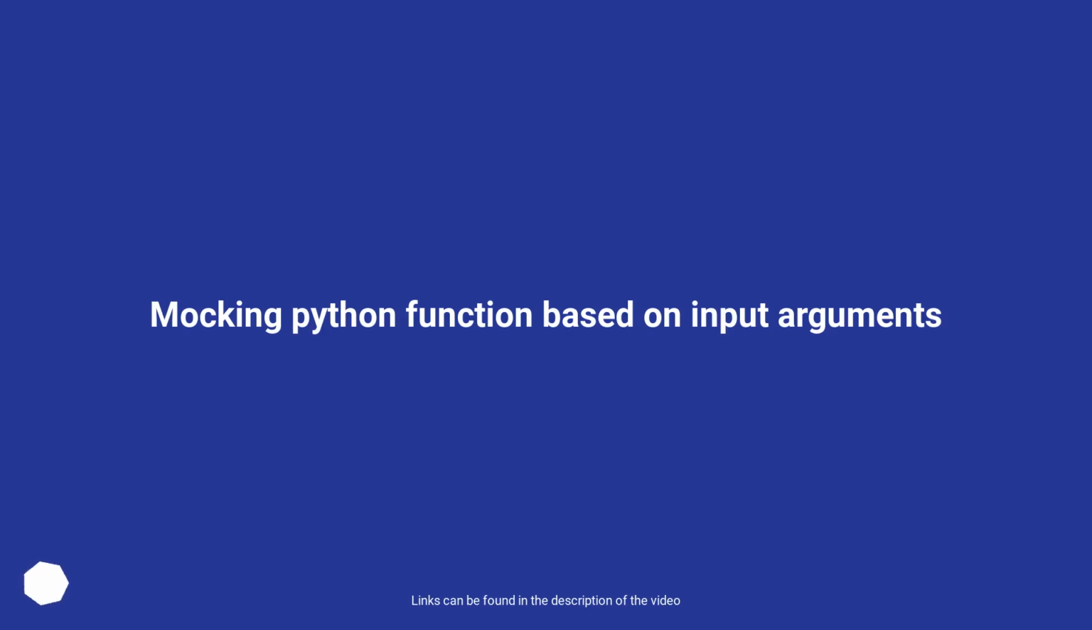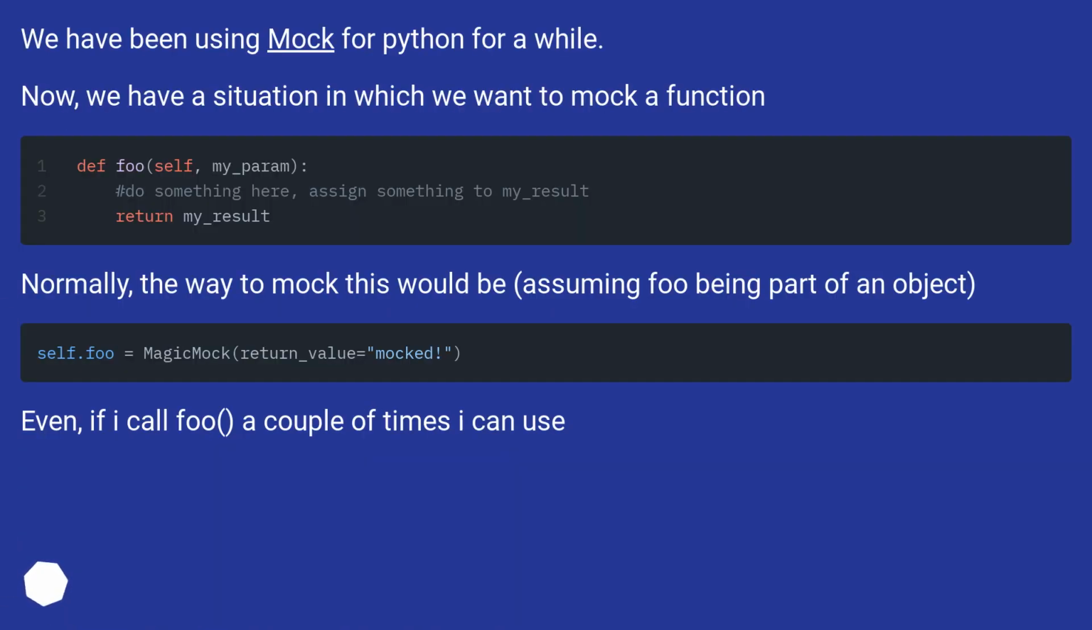Mocking Python function based on input arguments. We have been using mock for Python for a while. Now, we have a situation in which we want to mock a function. Normally, the way to mock this would be, assuming foo being part of an object. Even if I call foo a couple of times, I can use